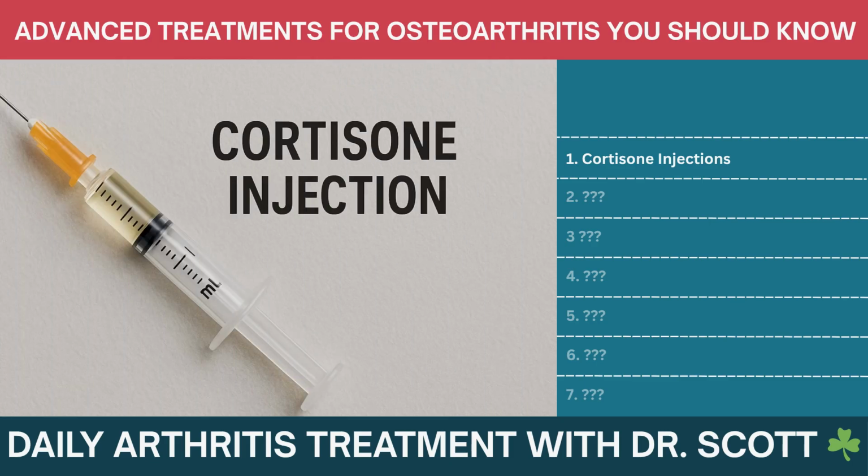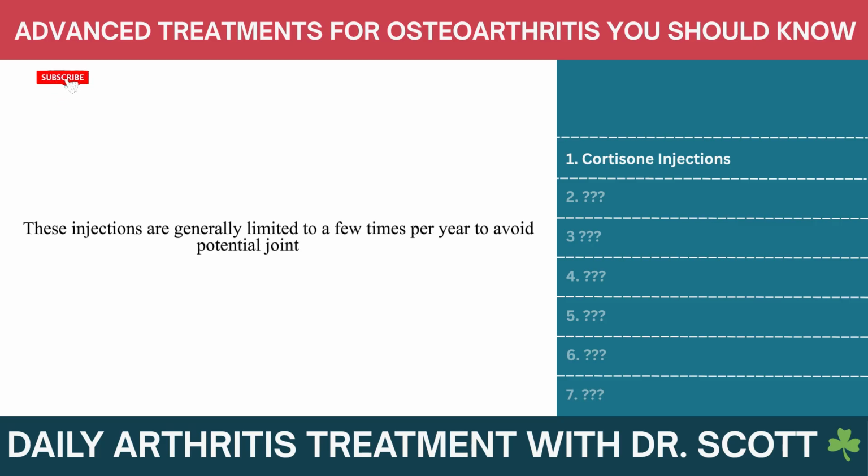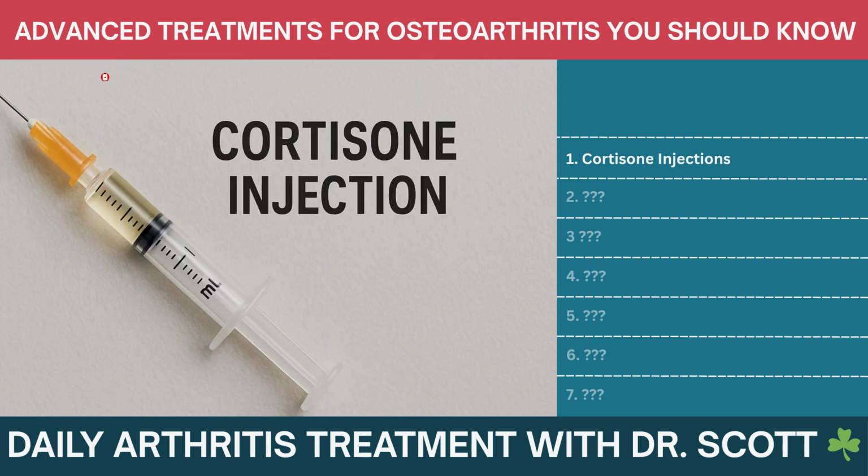One common advanced treatment option is a cortisone injection, also known as a steroid injection. Cortisone injections rapidly reduce joint inflammation, significantly decreasing pain and swelling. They're typically used in larger joints like knees, hips, or shoulders. Patients often see relief within just a few days, and benefits can last from several weeks up to several months. It's important to note, though, that these injections are generally limited to a few times per year to avoid potential joint damage. But if cortisone doesn't last long enough or you're looking for another option, that leads us to Number